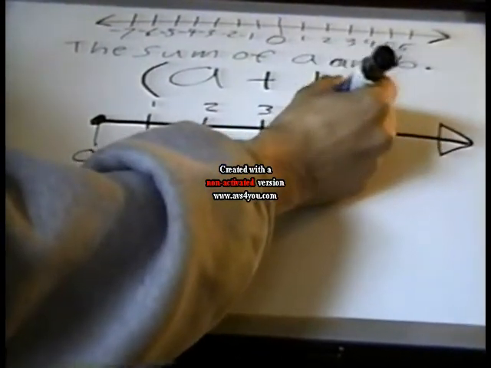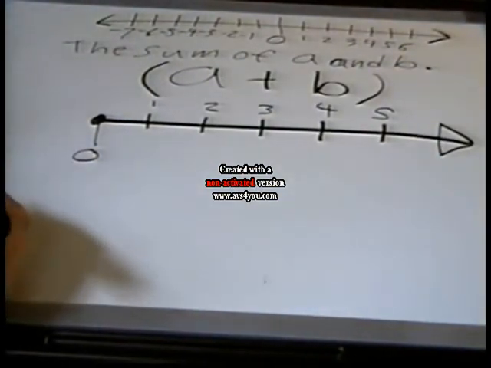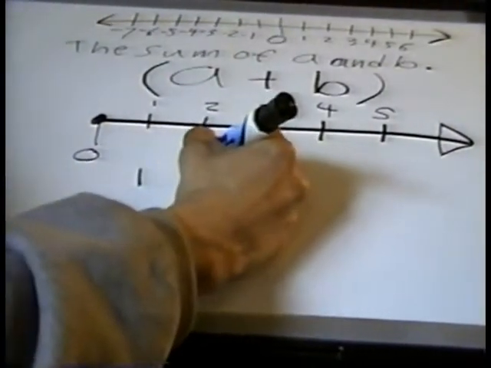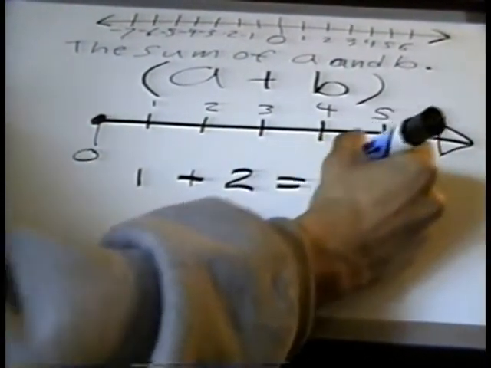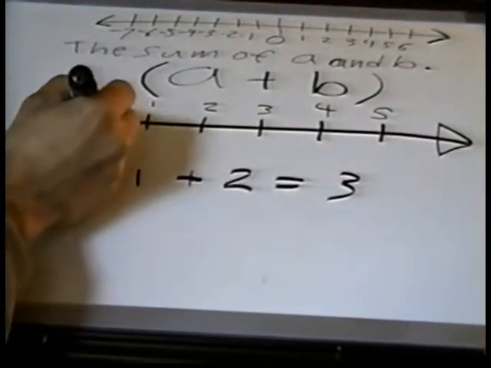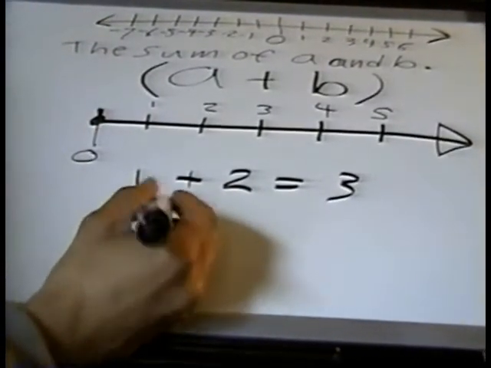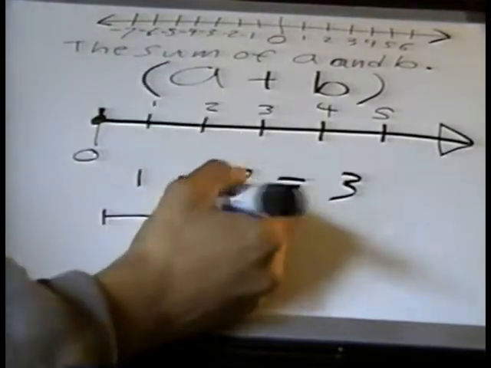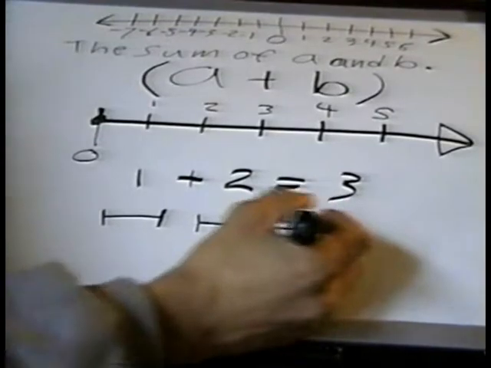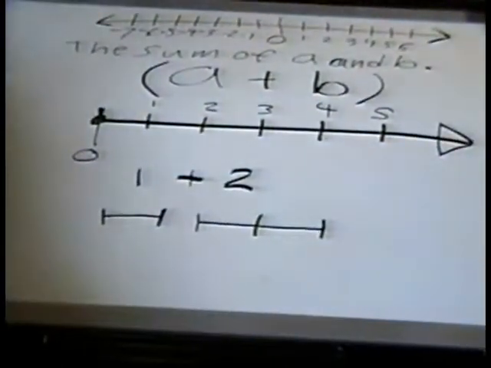Variables to represent the numbers. Here, 1 is equal to, say, a certain distance on the number line. Let's say this segment here represents this space from 0 to 1 on the number line,